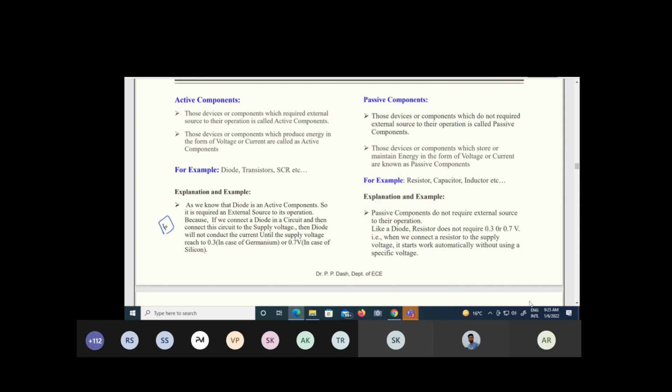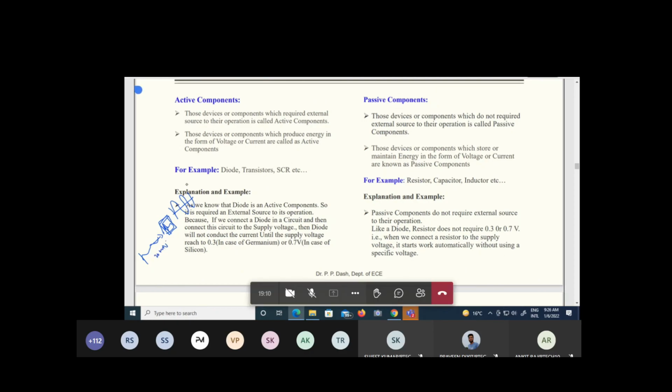If it is an amplifier circuit, we have to give one AC signal, which is in the form of an alternating waveform. At the output we require the same AC signal but in amplified form. The main function of this amplifier is to amplify the signal. Here we give some AC voltage, suppose 20 millivolt, and we may get 30 millivolt or something. But to operate this amplifier, we require one external DC supply, usually denoted as VCC. It may be a 5 volt or 12 volt DC supply.